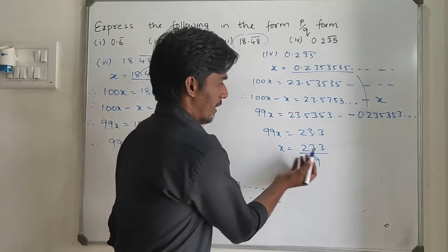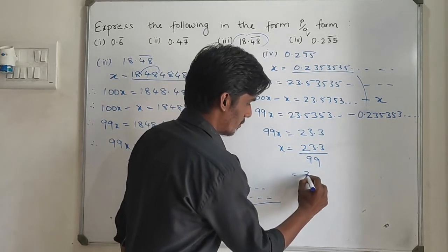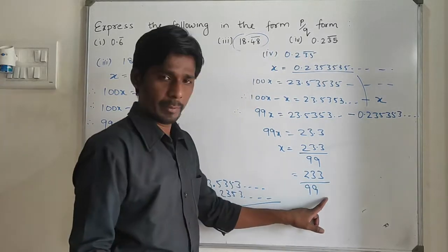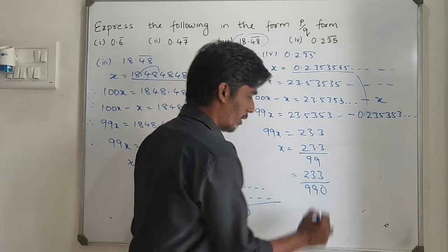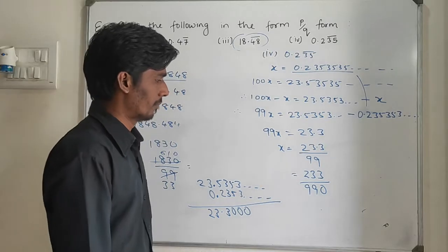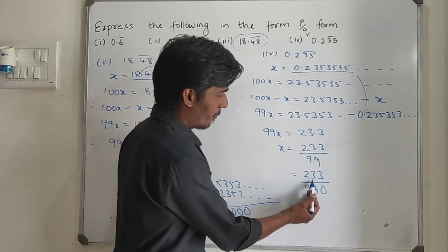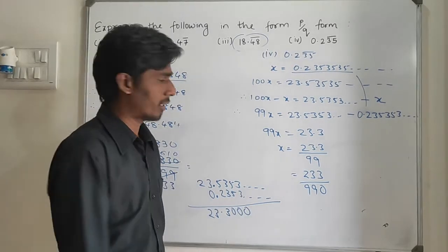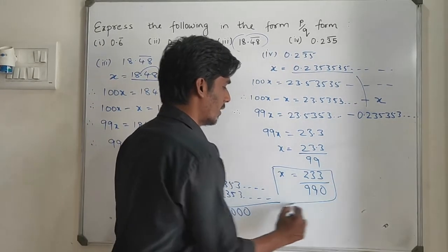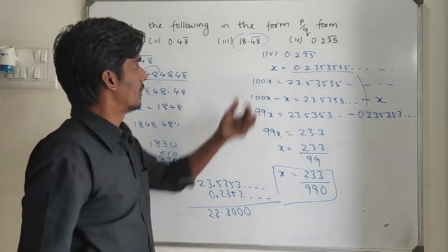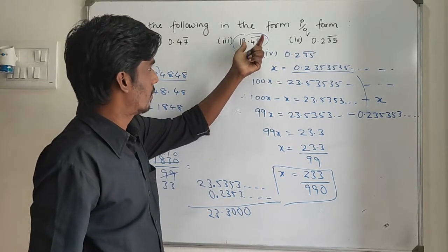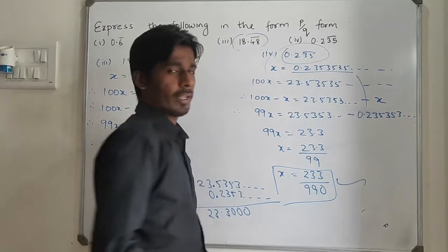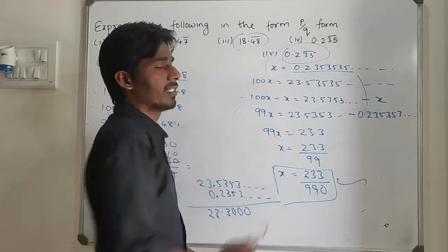Now if I remove this decimal, 233. So this becomes what? I have to multiply 10 in the denominator. So it becomes what? 990. Now 2 plus 3 is what? 5. 5 plus 3 is 8. 8 is not divisible by 3. So no need to reduce it. Keep this as it is. This is your final answer. So this is the way we can solve a decimal number to convert into P by Q form. These are the decimals and we got the fractions. So if we divide these two numbers, we will get this only.